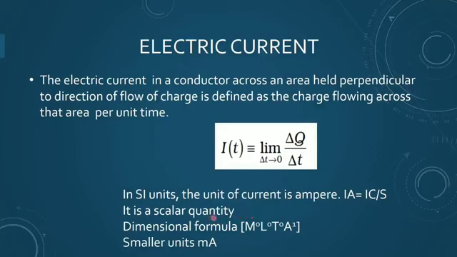And of course, we will be talking about the current law by Kirchhoff also in this unit only. That will further prove that current can be added or subtracted by simple methods of algebra, so it is taken as a scalar quantity. If you want to write the dimensional formula, it is M0 L0 T0 A1. And of course, we can use the smaller units like milliamperes, microamperes at different places.